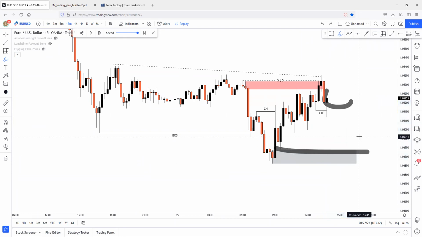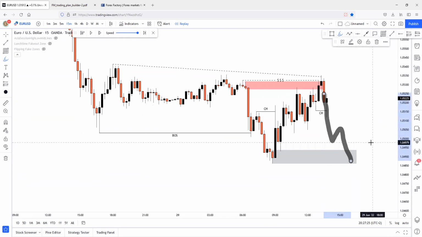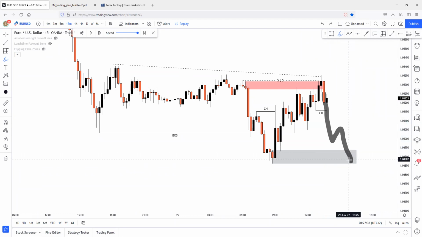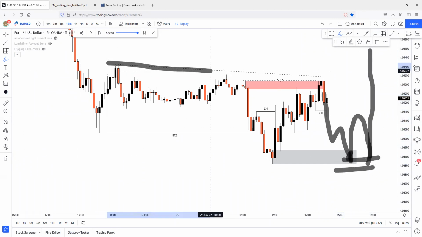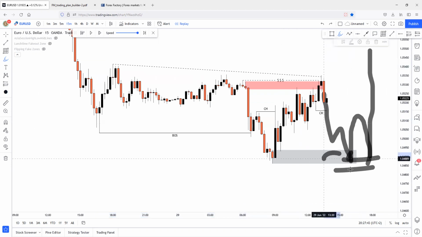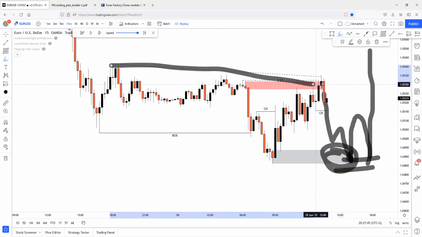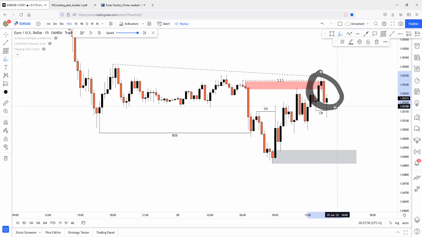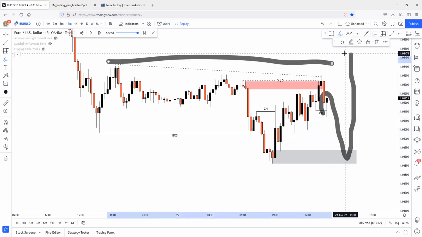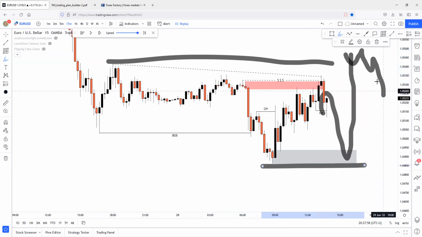So if there will be a good short opportunity, we'll be able to take shorts down to this demand zone. After a demand tap, we have two scenarios. First scenario, if price changes character to the upside, which actually has less probability than the break of this demand. But if some miracle happens and price changes character on this demand zone, we'll be able to take longs up to this liquidity region. We'll be able to target this liquidity. And if price reacts on this demand zone, then this high point will be weak too, and this will be liquidity too. After price takes and sweeps this liquidity, the reversal can happen to the downside again, and this will be targeted once again.